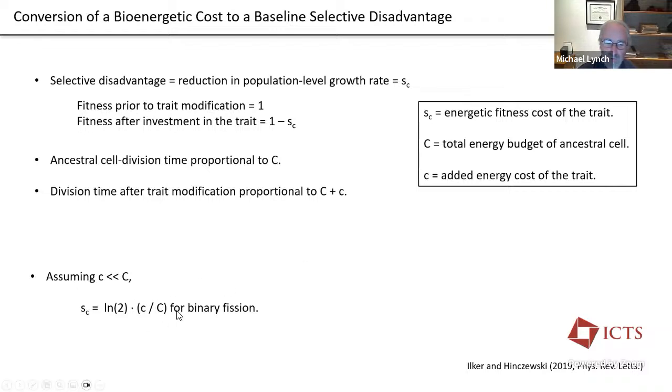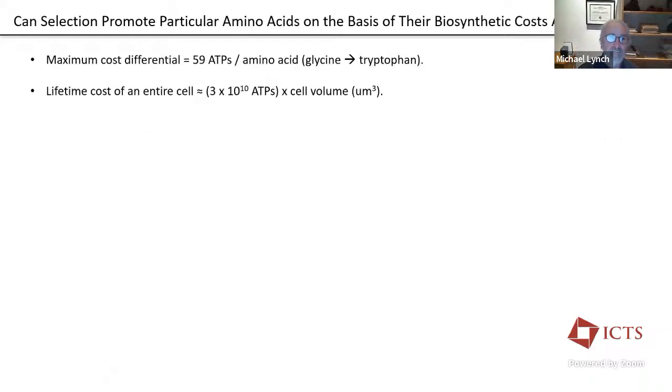That's the answer if your organisms were reproducing in discrete generations, so a generation followed by everybody reproducing the next generation and so on. If you have overlapping generations, this ln of 2 comes in. So that's not a slight difference, but that's where this comes in. That's about 0.69 or so. It's probably simplest to just think about this ratio, the cost of your trait relative to the total cell's energy budget before you have the trait. So that's something we can measure.